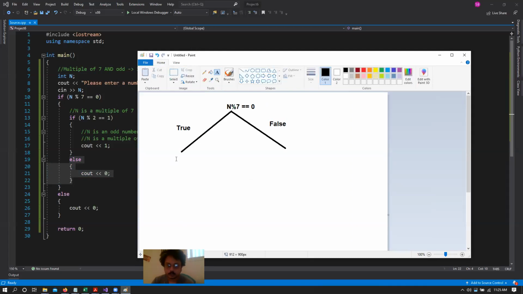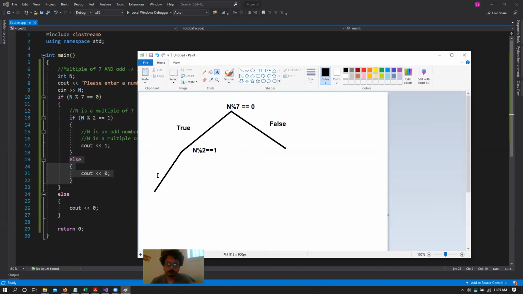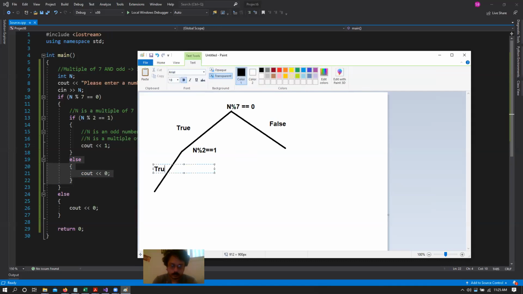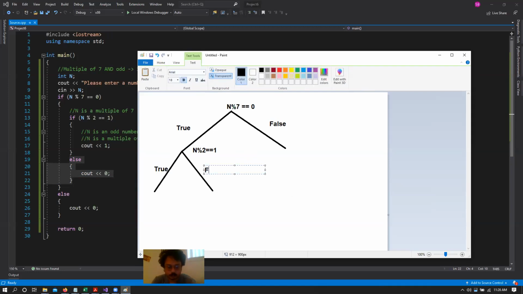And then once it is true, it again uses another if condition, so that basically makes it another condition that had n mod 2 equals 1, right? So this particular thing now checks if it is true, go along this route. But in our previous example, we did not have the right hand side, but now we have a right hand side. So that also contains the condition for if it is not true.